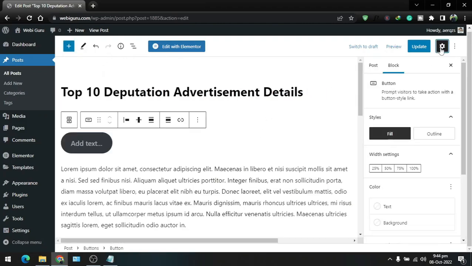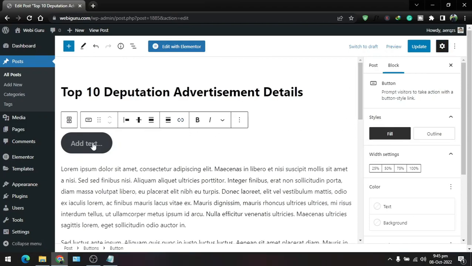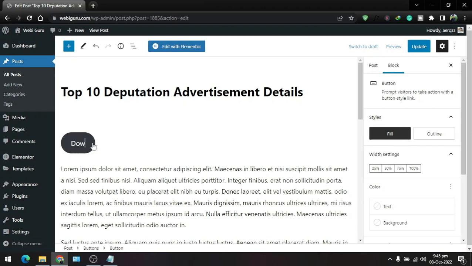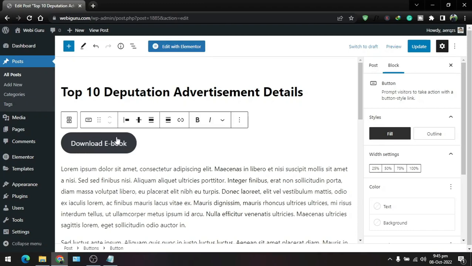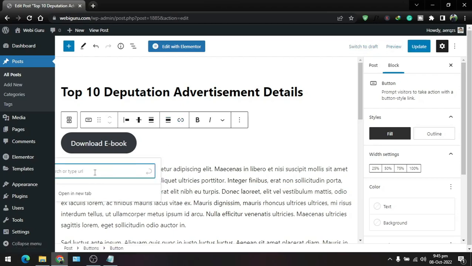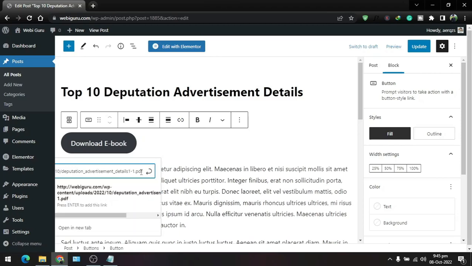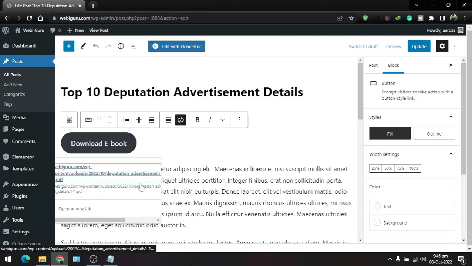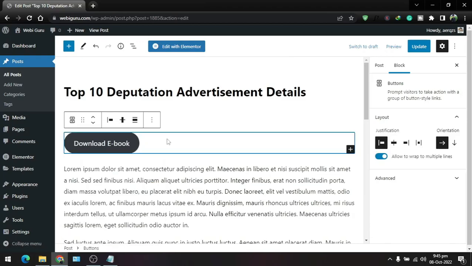and click on this settings icon. Here you can type any text you want. I am typing download ebook. After that, click on this icon and paste the URL you copied. After that, click on this icon. After adding the URL, simply click here